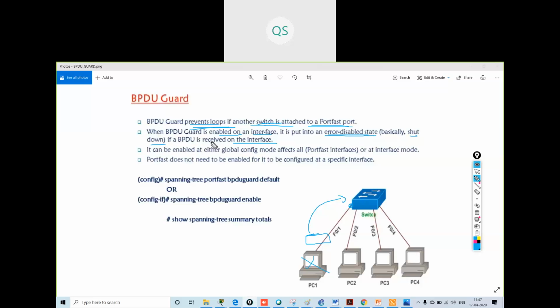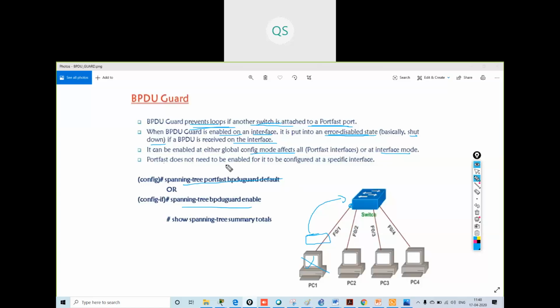You can enable it either in global configuration mode or in interface mode. You can give this command in both modes.